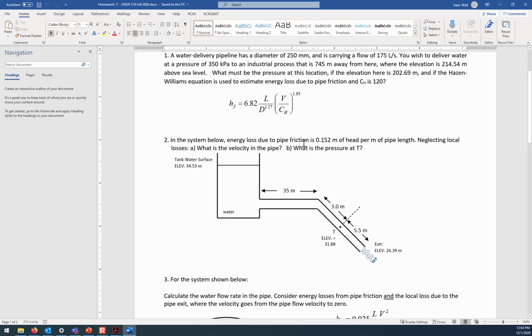And so that's one point that I wanted to make for you, that you're going to be using the energy equation here, and I tell you how much pipe friction loss there is. I say for every meter of pipe length you have 0.152 meters of head that's lost on the basis of pipe friction. In this particular second problem, you're neglecting the local losses, but you need to set the energy equation to where 1 will be at the top of the water surface, 2 will be at the outlet in that jet. But remember that when water comes out of a pipe, it no longer has pressure, but it will still have velocity head. So you're going to be doing the energy equation from 1 to 2.